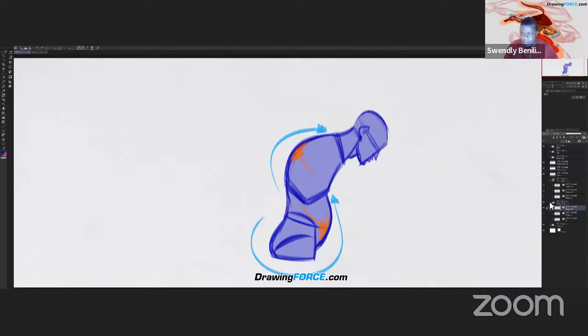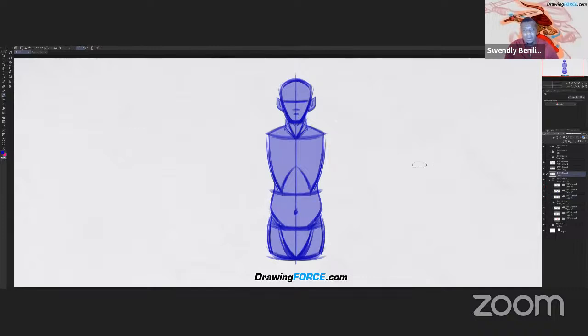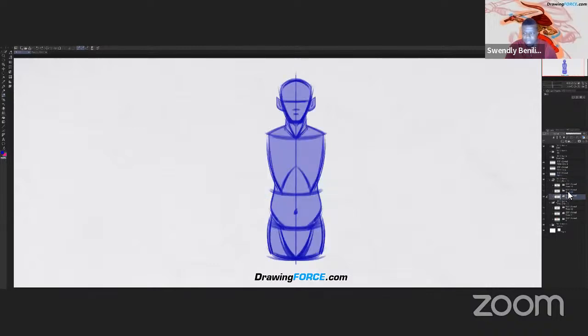And then, of course, we have the torso from a front view. So let's go over here. From a front view, it's symmetrical, it is what it is. The rhythm, as we saw, occurs in a side view. From a front view it's symmetrical, so there isn't really any rhythm when the torso is in a neutral position, like you see here. However, a rhythm can occur once we get this lateral movement. So we go from here to here.